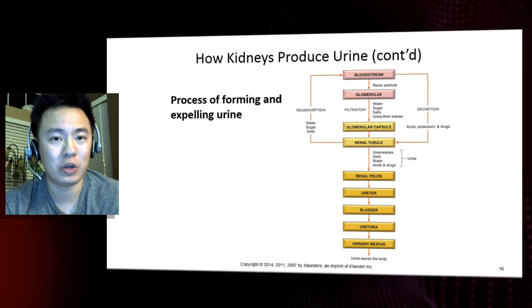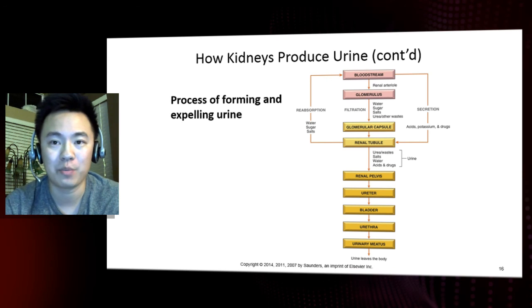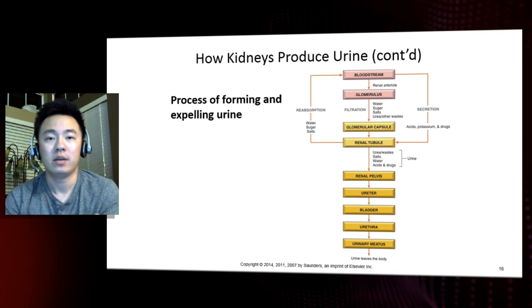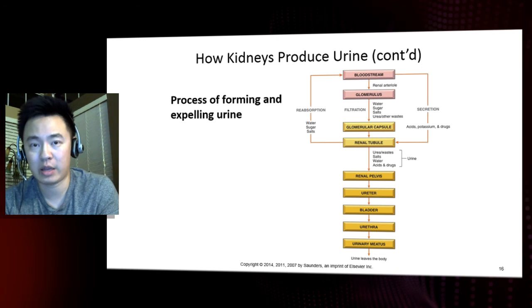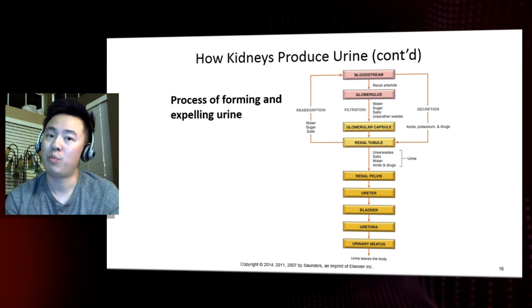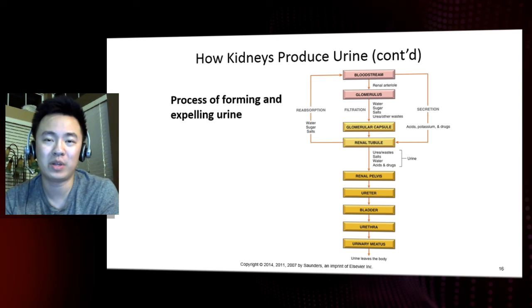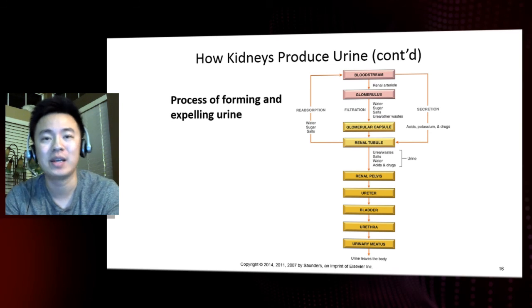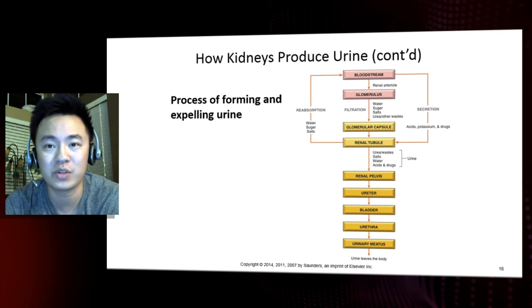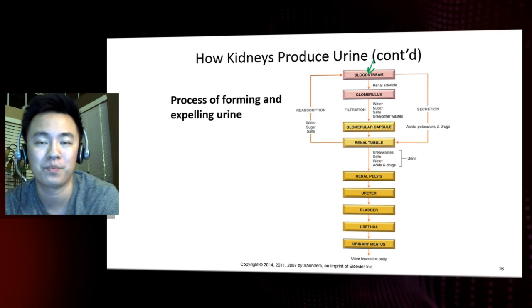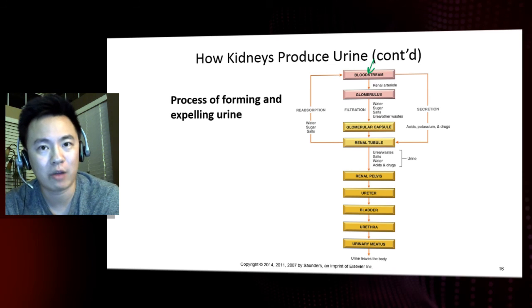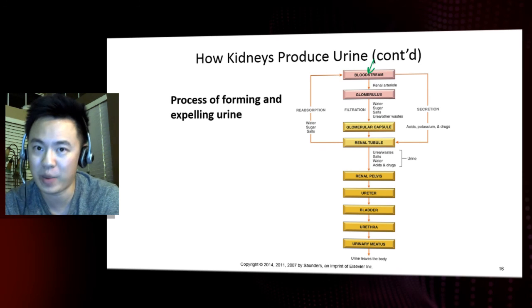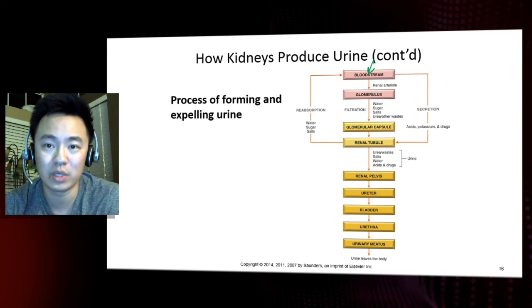I would definitely want to know this chart. This is the pathway in which urine is being formed and expelled out. So of course, your body takes the energy from the foods and the materials from the air that you breathe in. They bring it into your red blood cells. Those red blood cells transfer them and bring them to your tissues. And then your tissues release a lot of those waste products like nitrogenous waste into the bloodstream. So that is the first step right over here, the bloodstream. And then the bloodstream narrows out into the renal artery somewhere in its pathway, and then it goes into the glomerulus right over here,